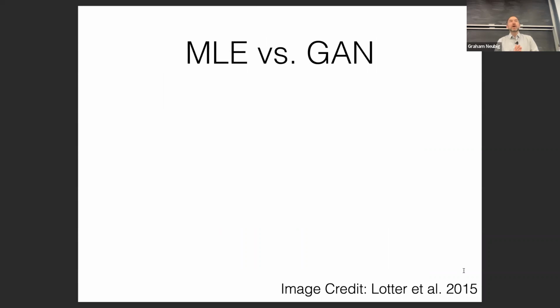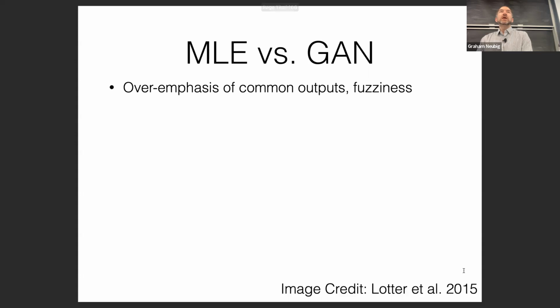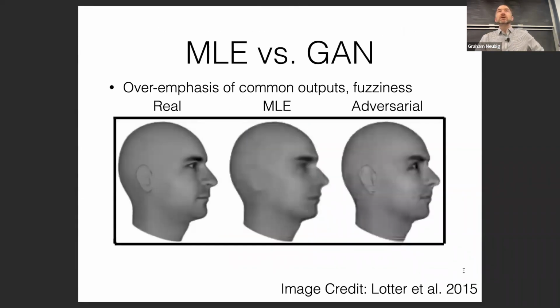Before I get into this, I'd like to give an example. This is an old example, but it's still, I think, relatively indicative of the traits that an MLE-based model has versus a GAN-based model. And one of the problems with MLE-based models, including either variational autoencoders or just regular non-latent variable models, is that the outputs from maximum likelihood estimation style models tend to be kind of like,